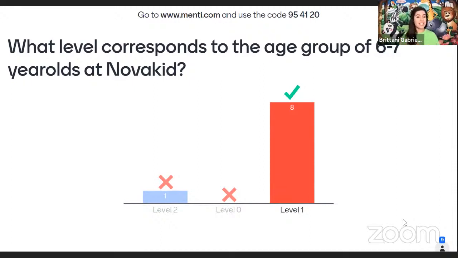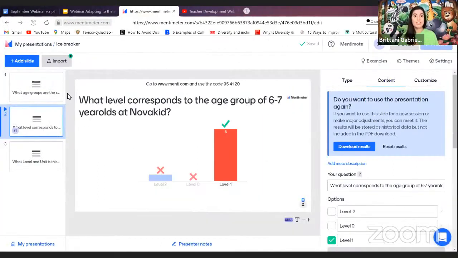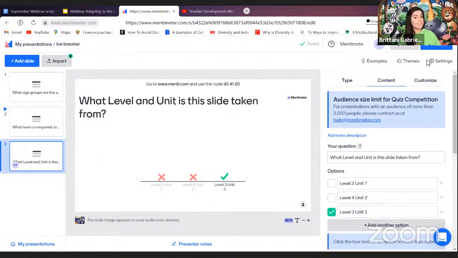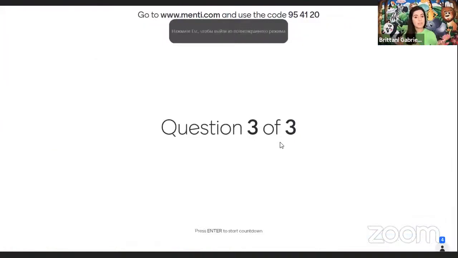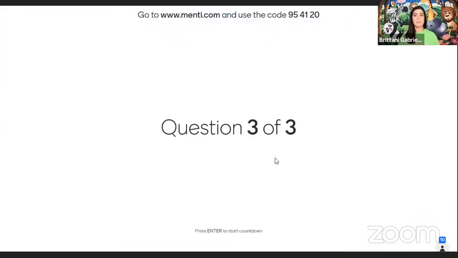Another possibility is the student started at level 1, and they've already completed level 1 before turning 7 years old. So there are a couple ways or reasons why you might have a 6-year-old in level 2. And that's perfectly fine if they can adapt and they can be successful in the lesson.